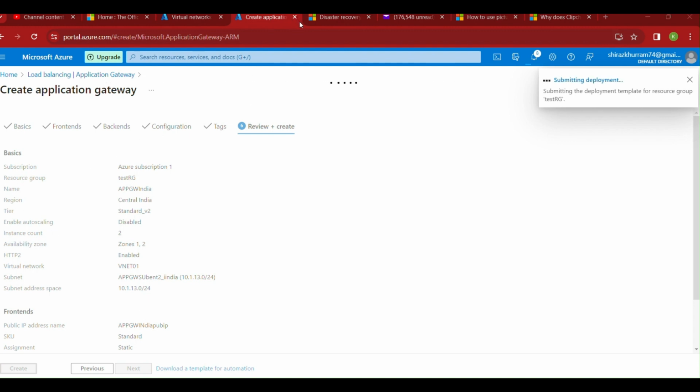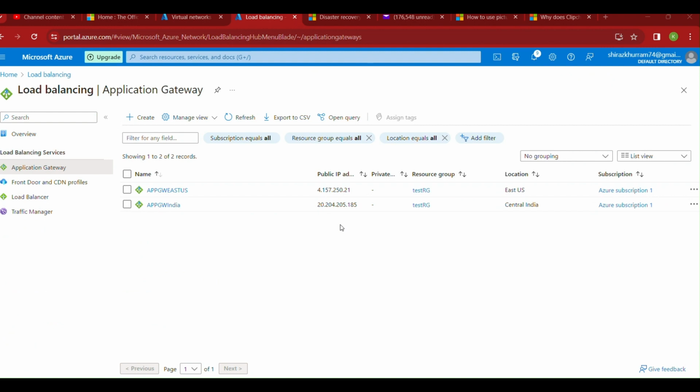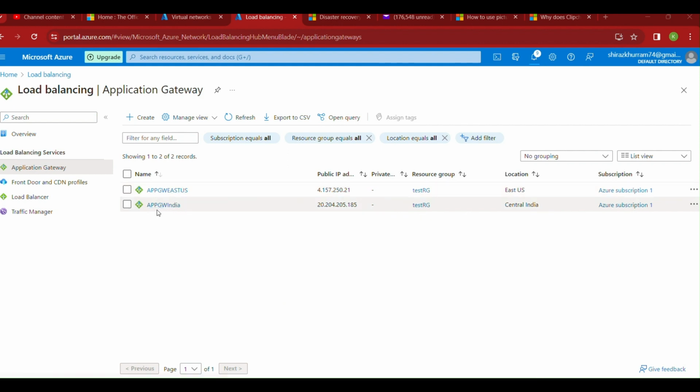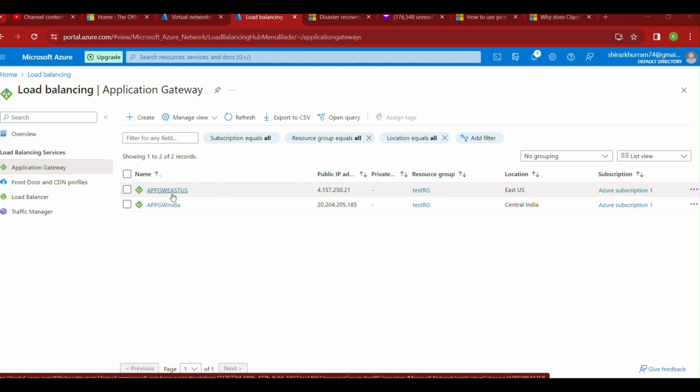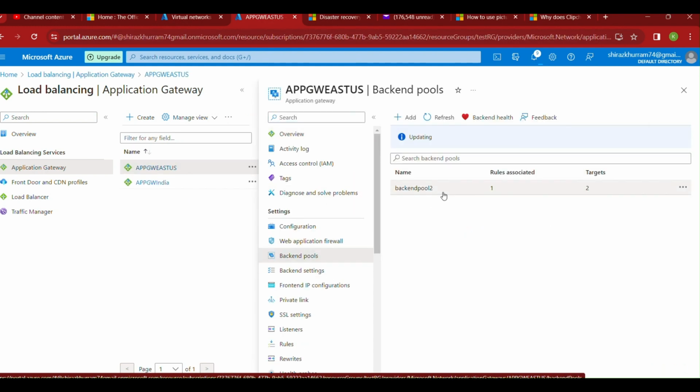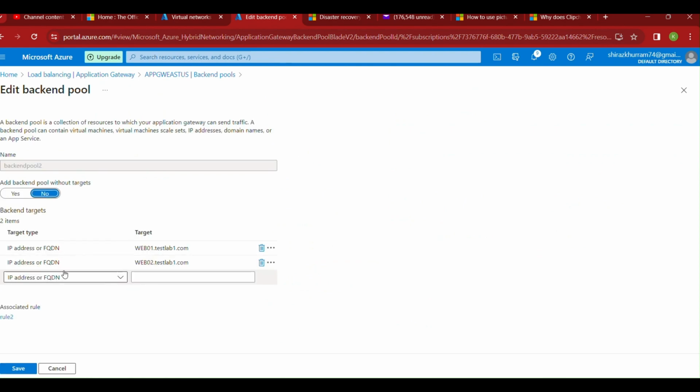We have added another application gateway in East US region. The configuration of the application gateway in East US region is exactly the same as that we have in India region. As you go back and check the backend pool configuration, it's the same thing. We have the two targets, web01 and web02.testlab1.com. That's the important part because